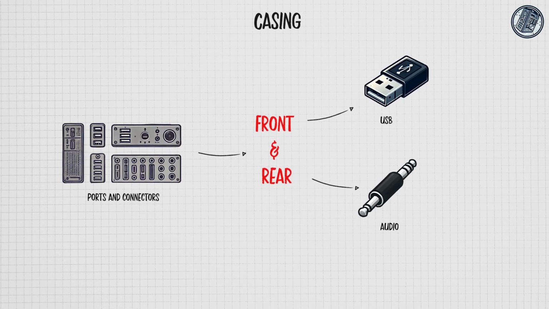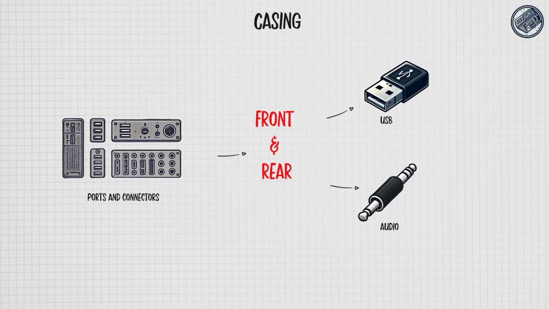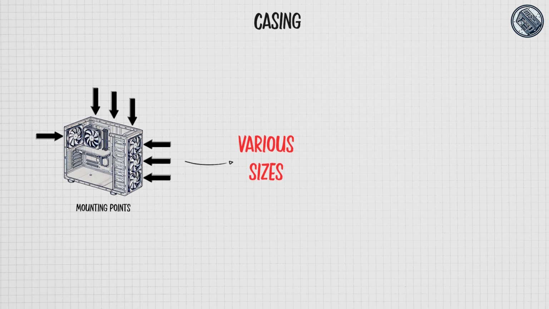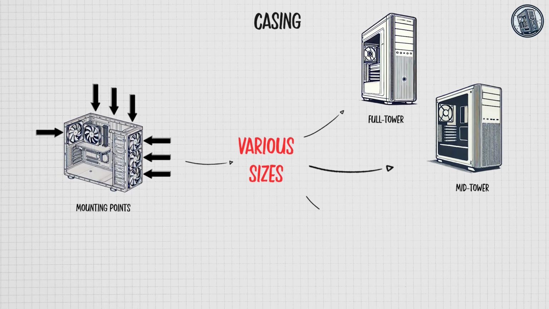audio, and other interfaces. Additionally, the casing often includes mounting points for fans and radiators to support effective airflow and cooling. Available in various sizes, such as full tower, mid tower, and mini tower,